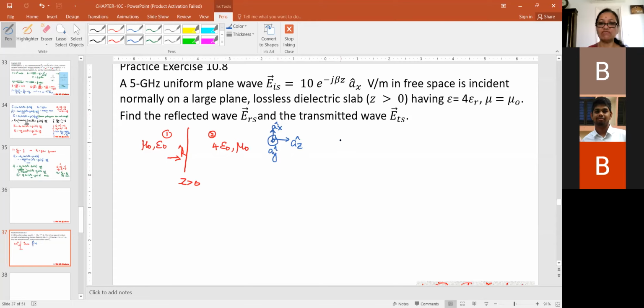What are all the things that you can first calculate? Omega. What is omega? 2 pi f, very good. So it is 2 pi giga. Some people have written giga as 6 and all that in the examination. So it is 2 pi into 5 into 10 to the power of 9, so 10 pi into 10 to the power of 9 radians per second. So this is the first result that you have got. Okay, next thing.